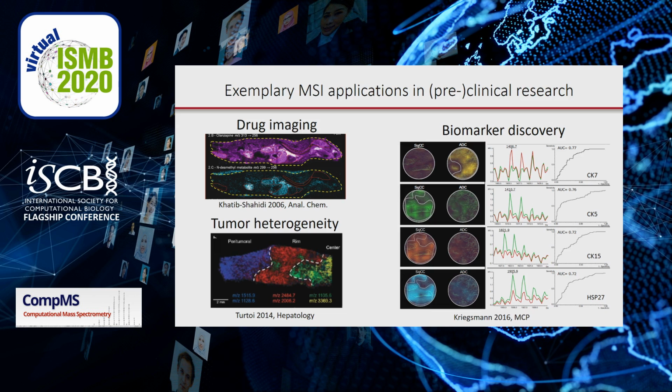In pharmacological studies, imaging of drugs and their metabolites in animal models allows the investigation of the drugs' kinetics and toxicology. MSI is often used to study solid tumors because they are spatially heterogeneous and can be virtually dissected by MSI, as seen in this colorectal liver metastasis. A common application for MSI is the discovery of potential biomarkers for diagnostic assays or the prediction of outcome or therapy response.